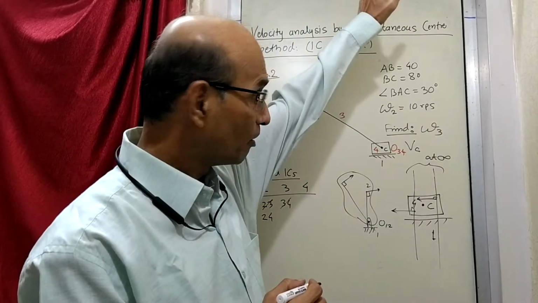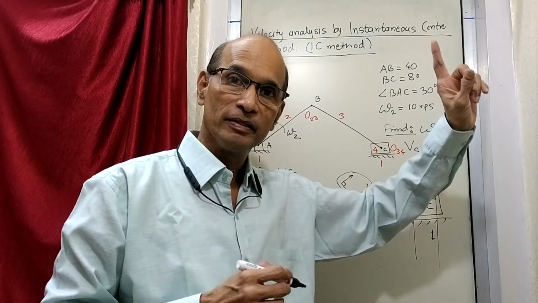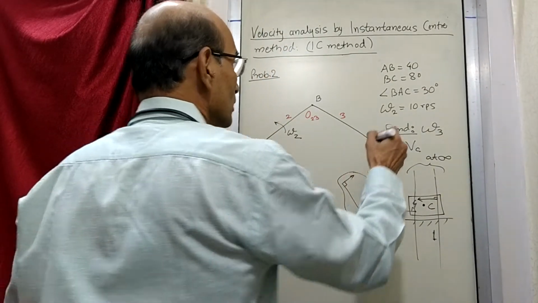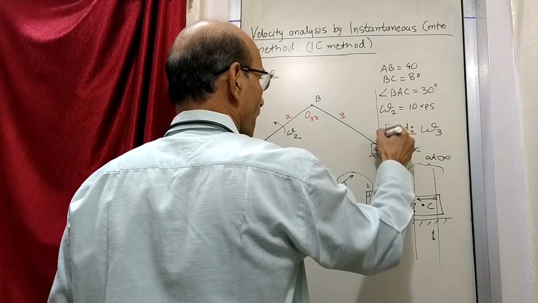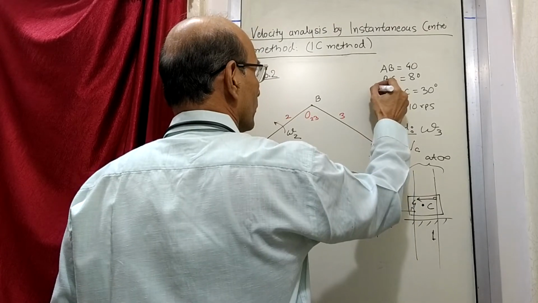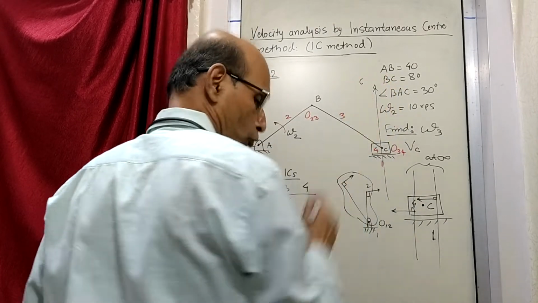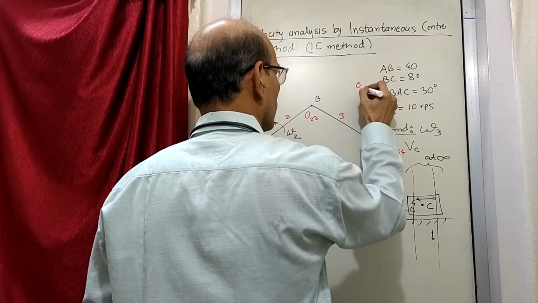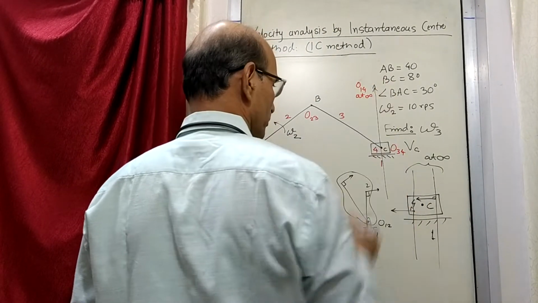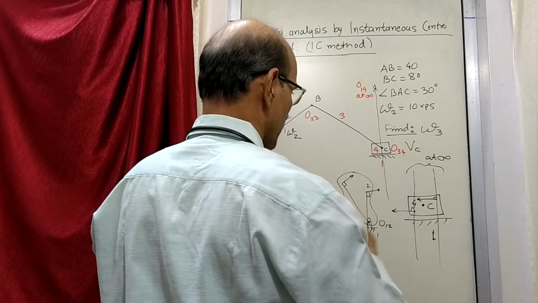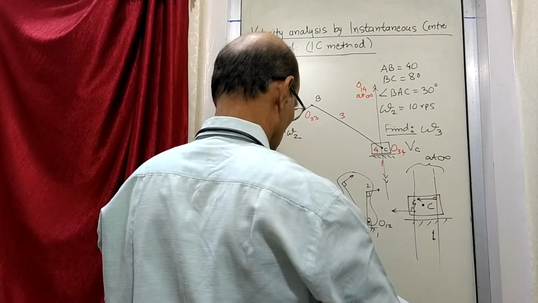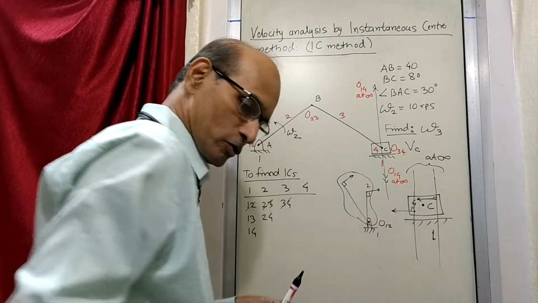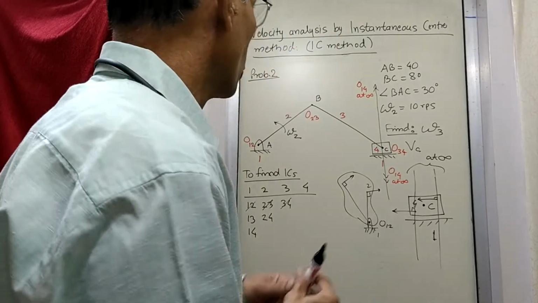So somewhere here, or somewhere here down at infinity, will be the center of rotation O14. So what do we write here? We draw one line like this and say, with two vectors, that O14 is at infinity, or it can be in this direction also. O14 at infinity. So that is the answer of where is O14.